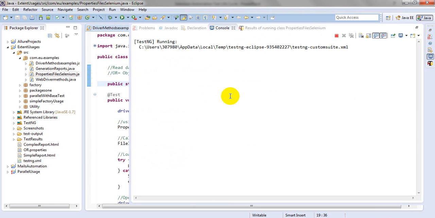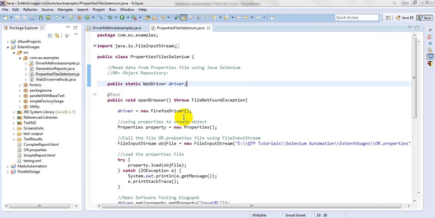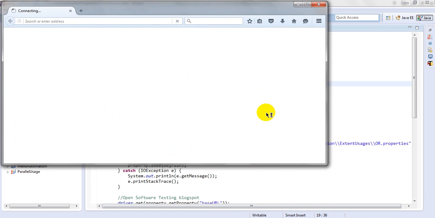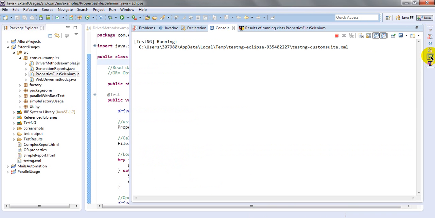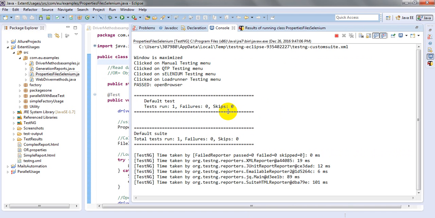Once debug is started, everything will execute properly and verify. From here you can see the result. Same like run as TestNG, same debug as TestNG. It is running, see. So everything is displaying under debug mode.